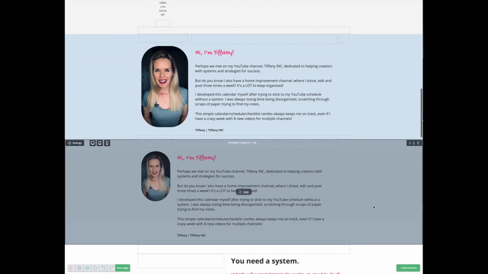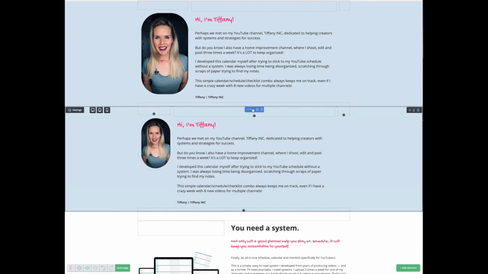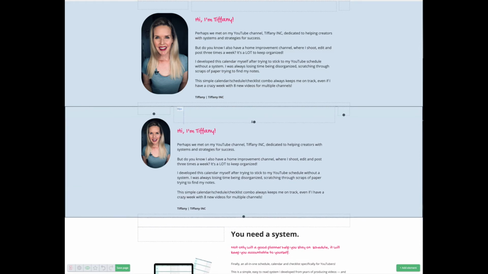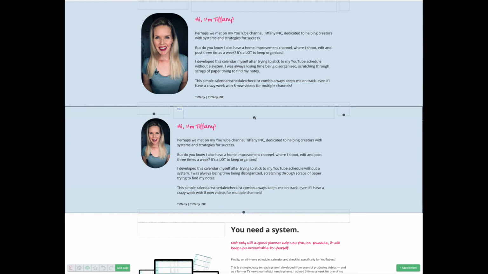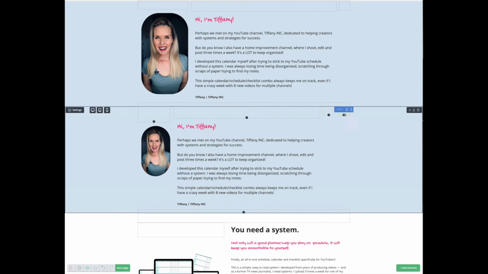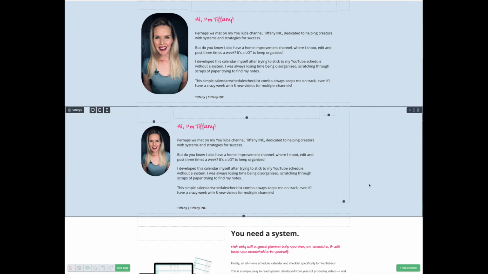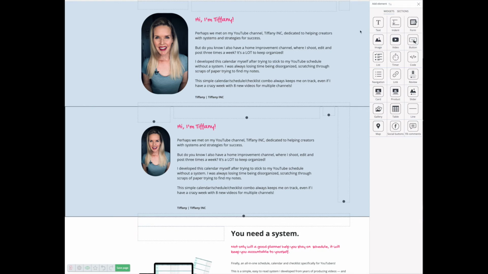Let's go back down to this section I had here for messing around so I can show you some things. This is an indent. Other web builders call it a spacer. They call it an indent here, and this is your best friend when it comes to moving things around your page. You don't need to remember padding numbers or figure that kind of stuff out, which I think is really cool. When you are in a certain section, then you can add an element. This kind of reminds me of Elementor and other web builders, but you can see, yep, this is a spacer. That's what we were just using.